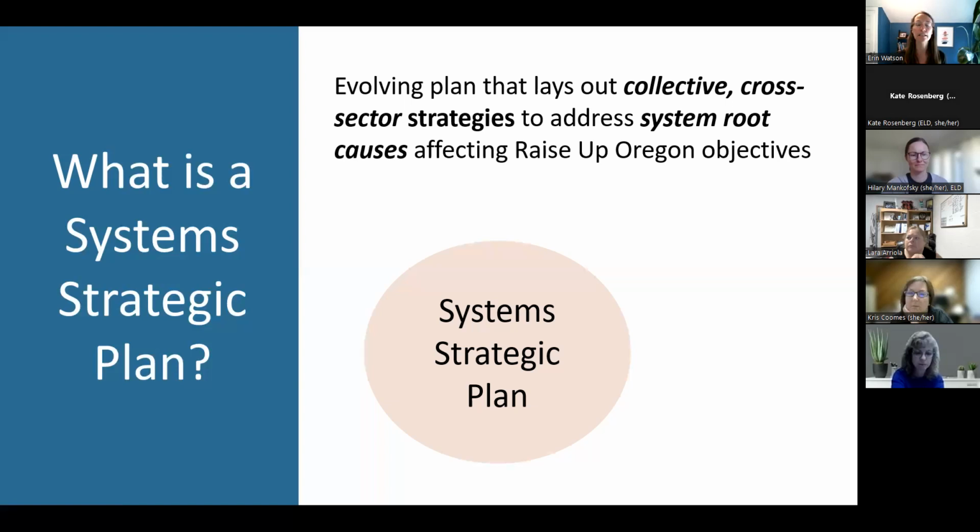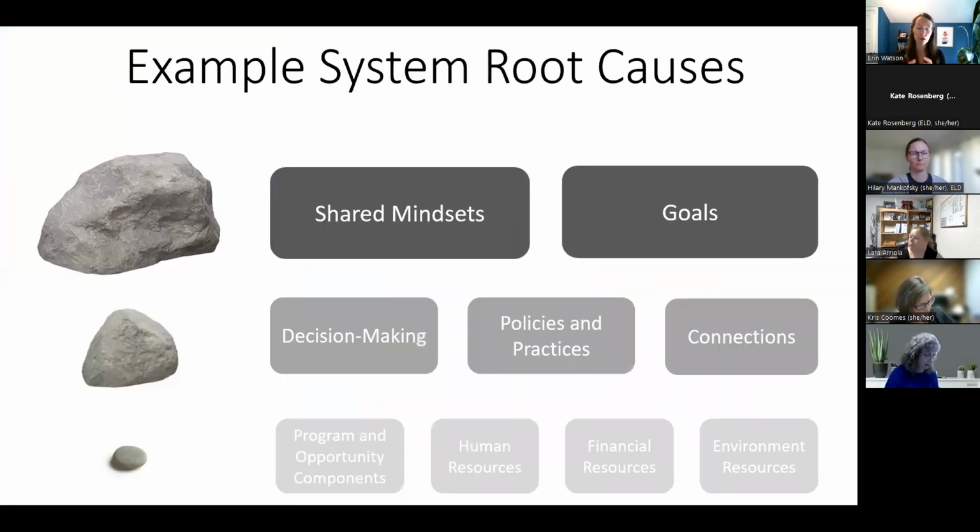So here's the main takeaway, and this is a good point to bring up with your hub partners: the system strategic plan focuses on programs, but programs are not the focus of the plan. They are but one aspect of what this is focused on. Because if you remember, all the different types of root causes that you had in your regional system assessment go way beyond just what is inside of a program. It's all this stuff. So again, this is not just a program plan. This is a systems change plan. And that has to take into account all of these different things that we know affect the way that systems operate.